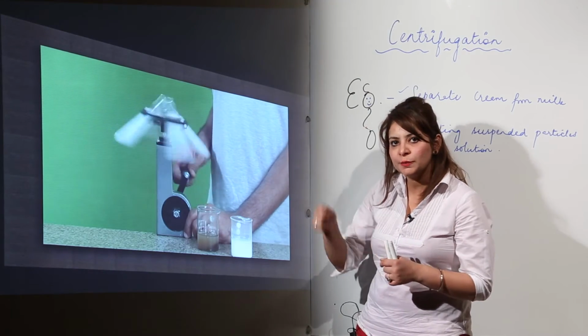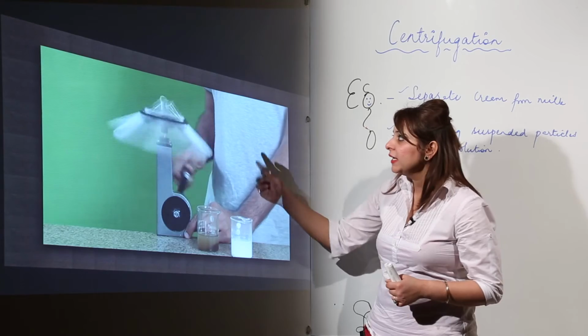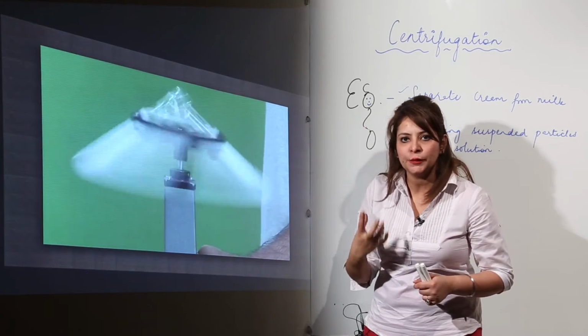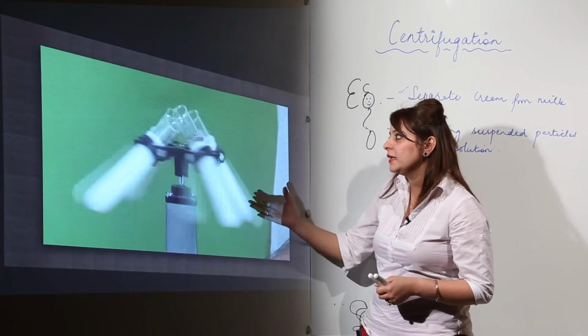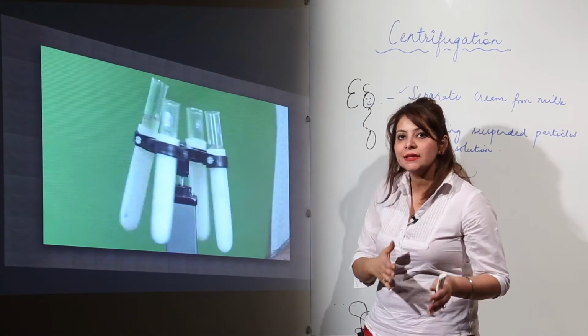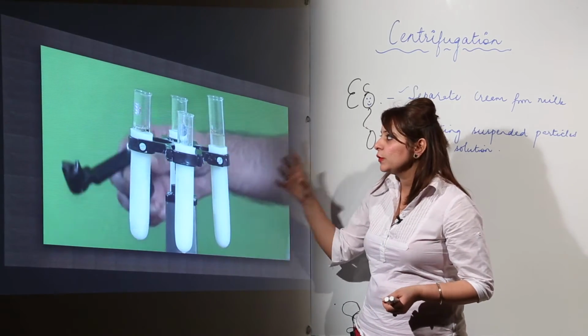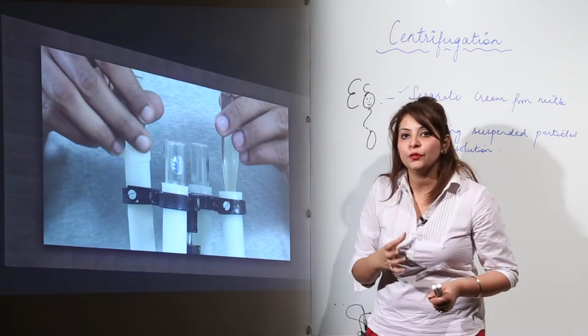We have to move it manually, otherwise we have the electronic one also. When we do it manually, these rotate at very high speed, right, but in the electronic one we get to see a much higher speed. Here the tubes are rotating, but the speed is not too high, but still we will get the same result. When we switch off, we will take out the test tubes and observe the noticeable change.